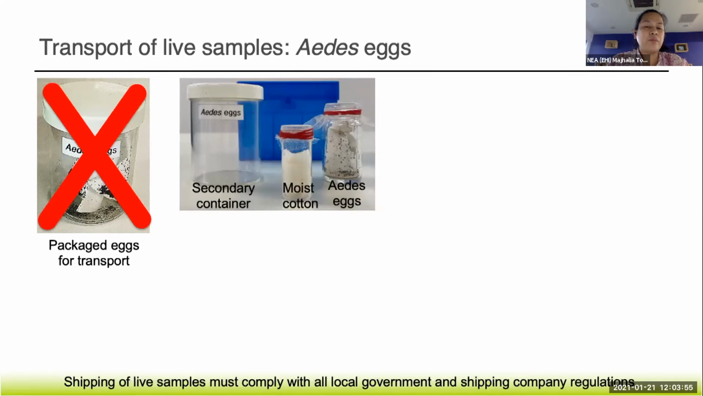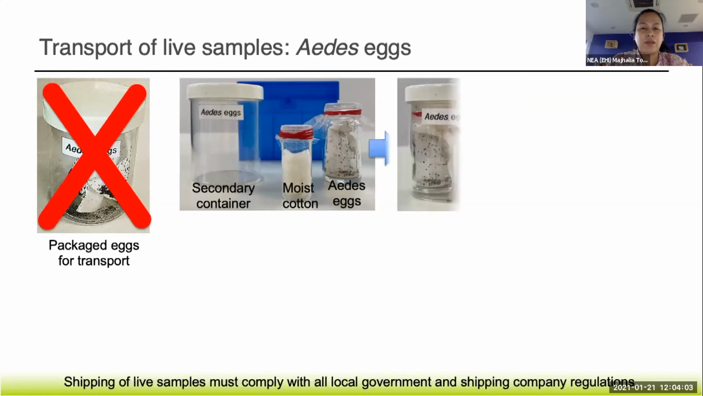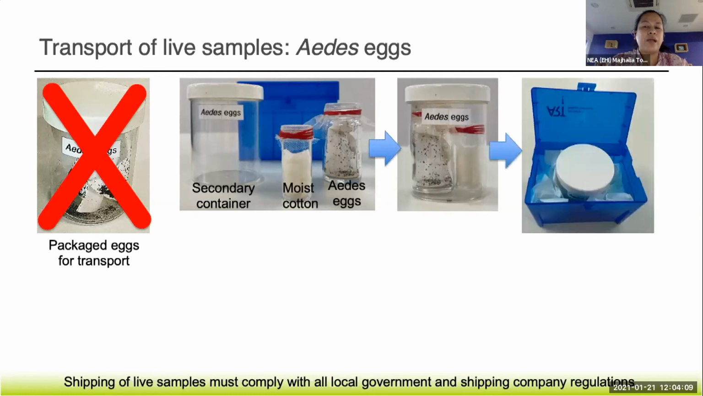So both the egg container and the moist cotton will have netting on top so that the moist cotton will not come into contact with the eggs. So you can put them together inside the secondary container. And this secondary container will actually be put in a third container, and then you can put this absorbent material around it. This way, it will protect your sample from